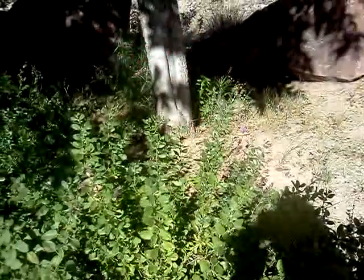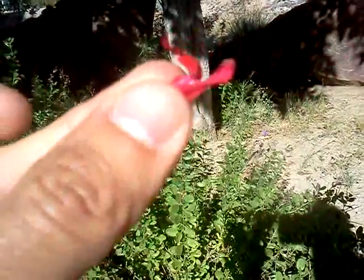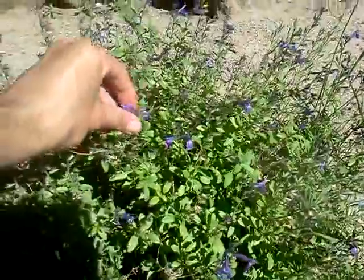They smell good too. They smell really good. And then these look like the same type as these red flowers, except, of course, they're purple. Let me see if they smell the same. They kind of smell the same, more or less. But look how much shade there is. One reason there's so much shade is because of this wall, but I just like the